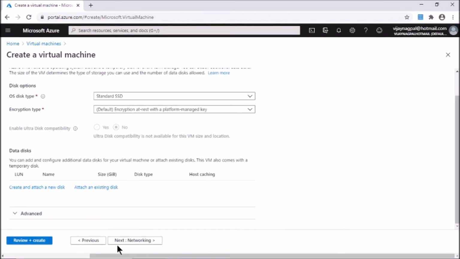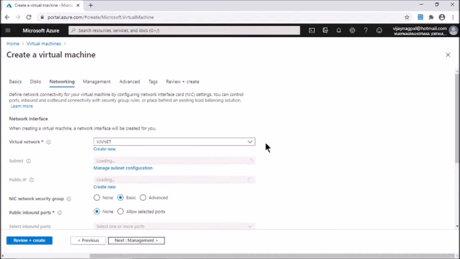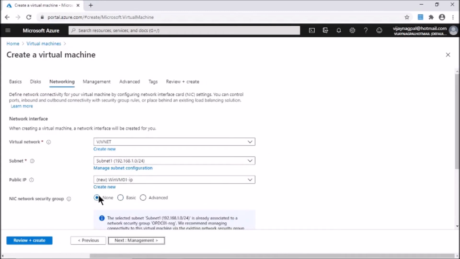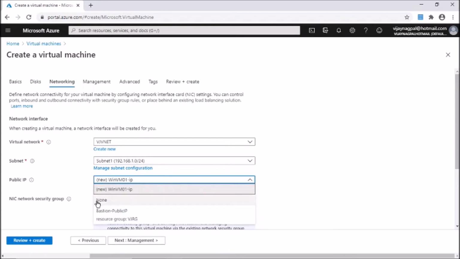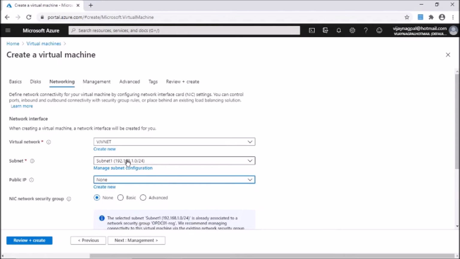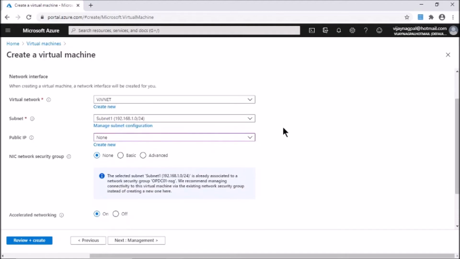Disks are fine. In networking, I'm not going to select any public IP, so I will select none. The subnet is fine, 1.0. This VM is going to be in the same VNet where I have the Azure Bastion subnet.